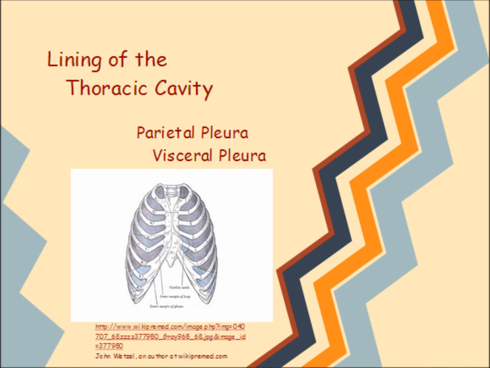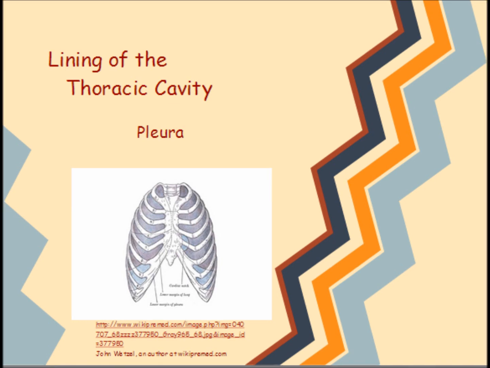The outer layer of the pleura is attached to the chest wall and is called the parietal pleura. The inner layer covers the lungs and adjoining structures and is called the visceral pleura. During breathing and other movement, the lungs are constantly moving within the thorax. The pleura and pleural fluid allow the lungs to move smoothly within the chest without friction or pain.